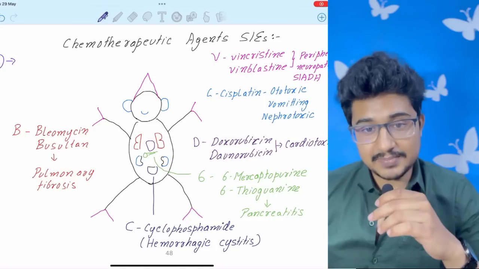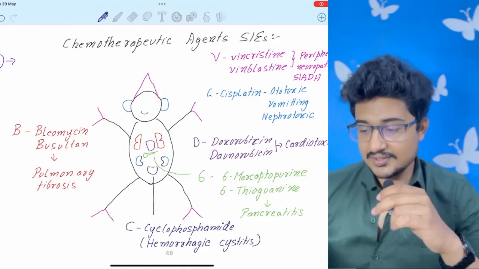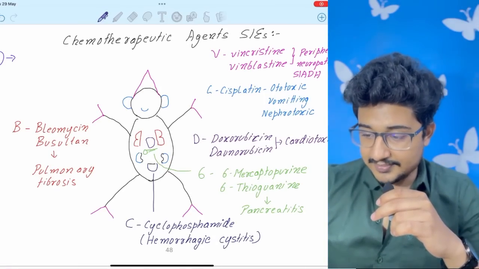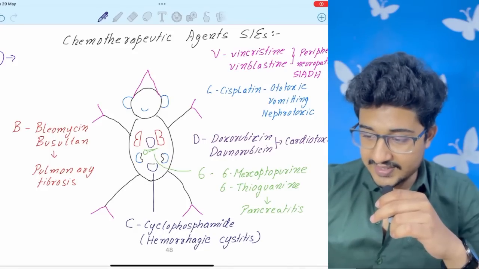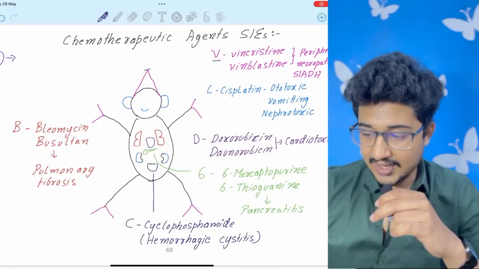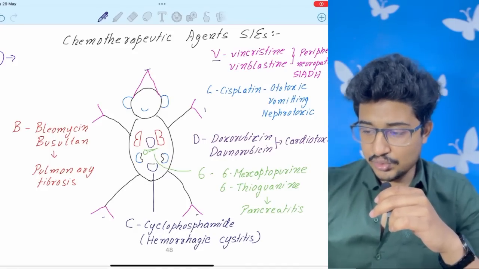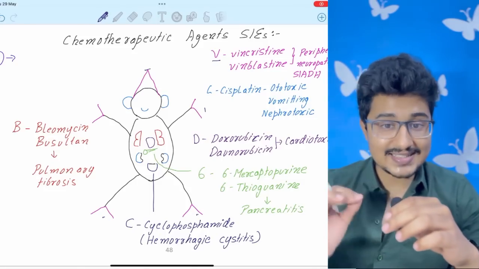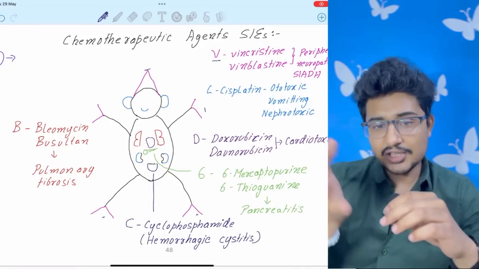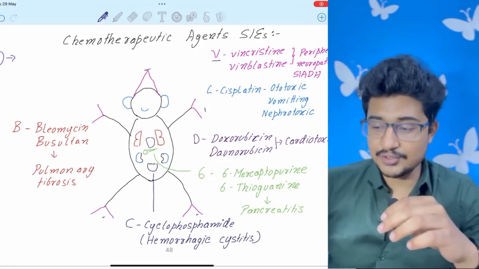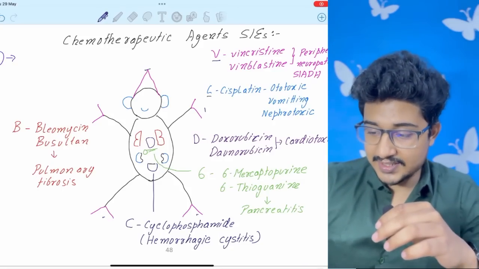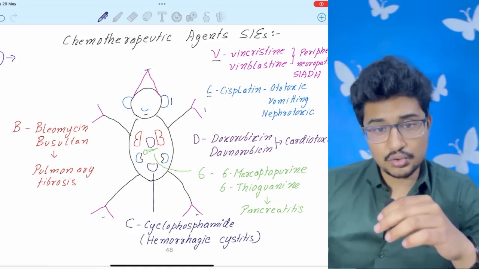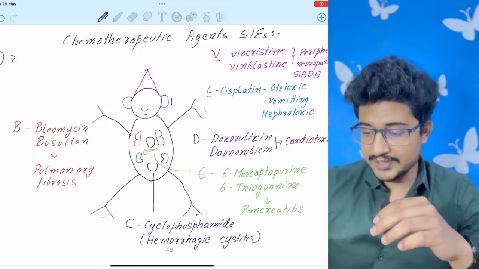This image is present in First Aid, so I have taken it from there only. See, here you can see V in the head and in the hand and feet. So in the head, vincristine and vinblastine cause SIADH, and in the hands and feet, peripheral neuritis. C is present in the face, smiling, and in the ear, so it will cause ototoxicity, nausea, vomiting, and here